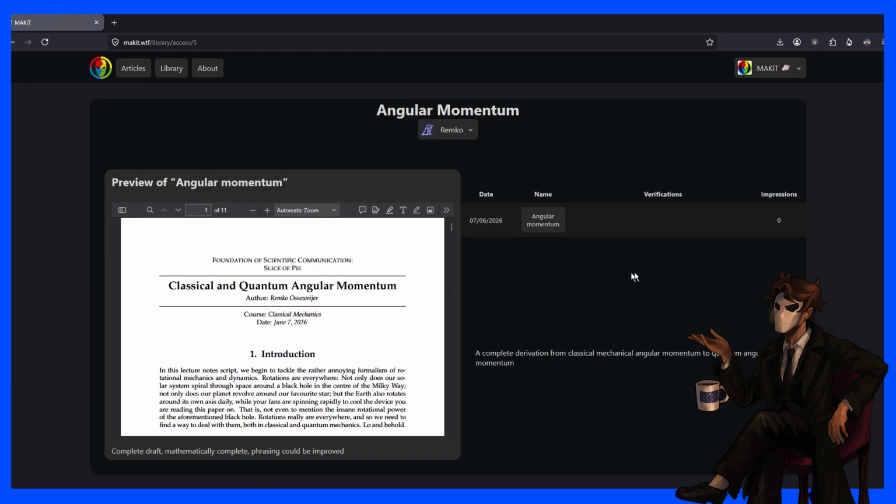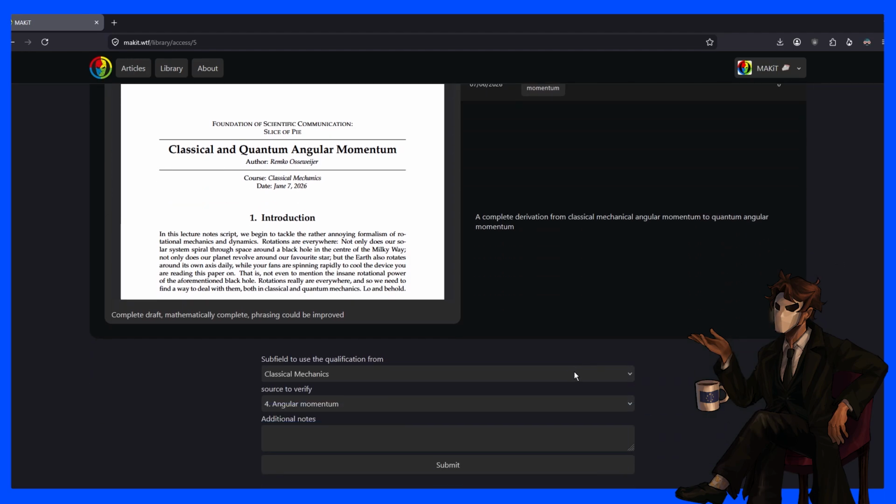and now I can click on it, and I am not the author of this. I'm not, which is why if I scroll lower down, I won't be able to add new files, but what I will be able to do is verify it. I have qualifications of 4 on the website, which is below bachelor's because I don't have a bachelor's, but I can verify it by saying, was there when it was written?